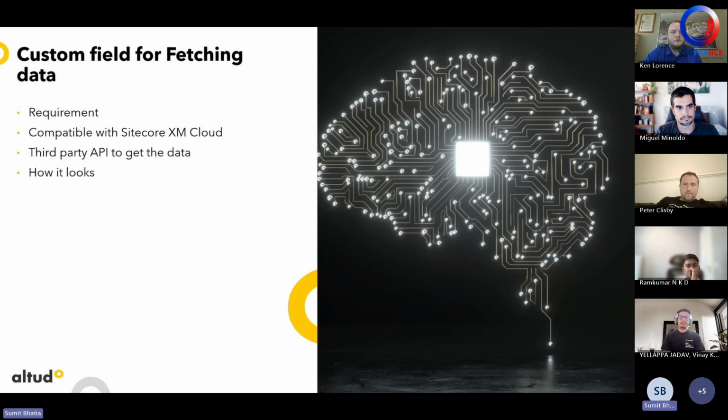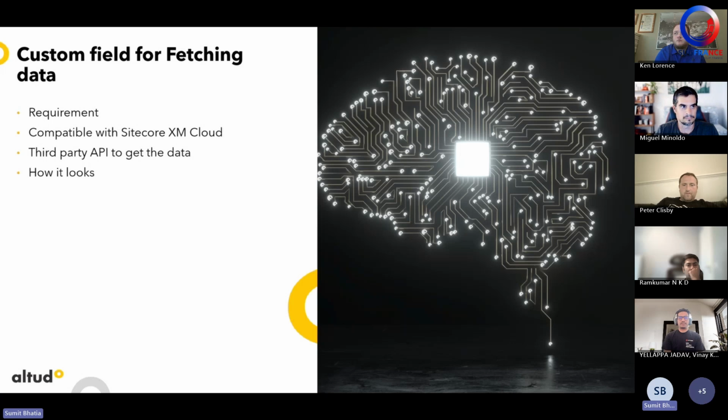So this was the authoring experience. When a content author creates or edits any page, they open an app and there is an autocomplete field where they can search for the location from the external API. Once they select the location, the remaining fields are automatically populated based on the API response. They don't need to do anything or fill any field on the page. It depends on the live data coming through the API.